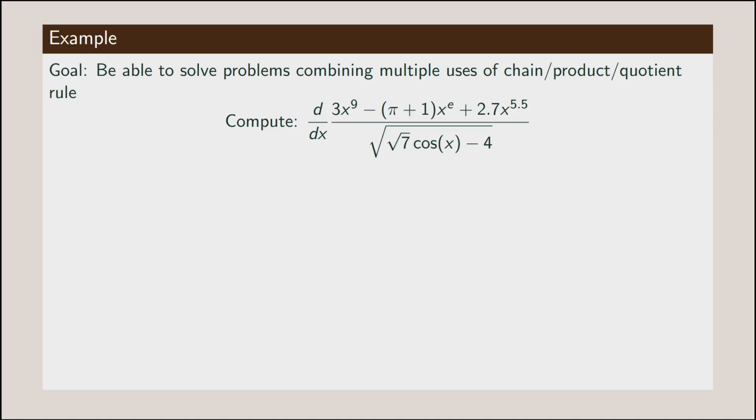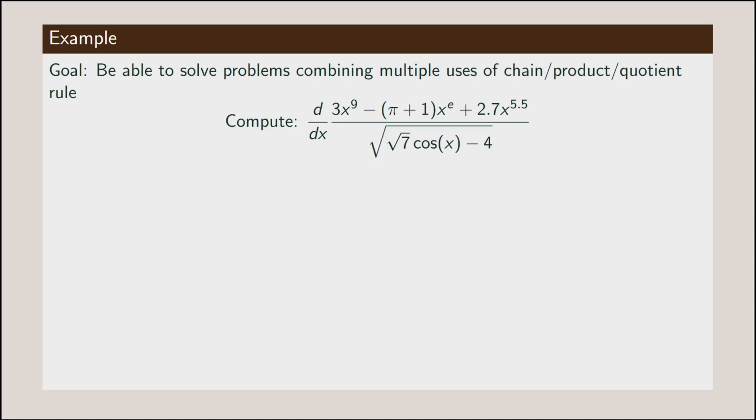But this question is a bad measure for my purposes because students might do poorly on this question in ways that affect their ability to demonstrate using multiple advanced rules. My students might be able to solve problems combining multiple uses of the chain, product, and quotient rules, but not be able to demonstrate that skill on this particular question because of its complexity. A good way to see this is to look at all of the skills that students will need to be